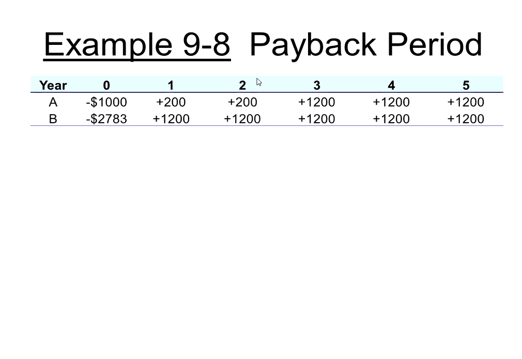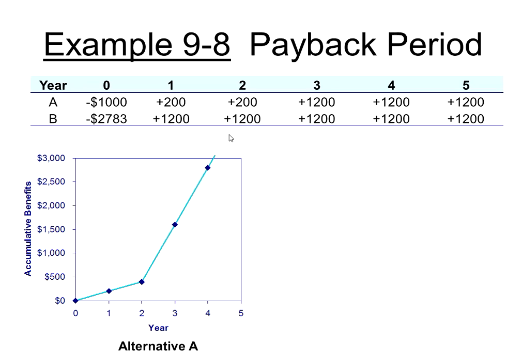So now let's take a look at the example that applies this method. So we have different years, we have different alternatives A and B. We have these five different years. We have some initial cost, and then we're gonna start recouping those. So these are the benefits that we see in each of the years for A, and in this row we have the initial cost and the benefits for B. And so now when we compare these, right, we can look at the